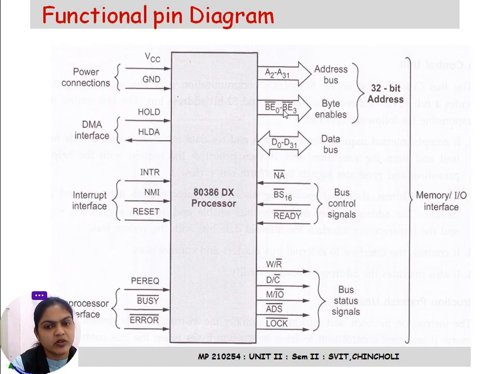Then BE0 to BE3, which is the byte enable. Byte stands for 8 bits. That's why from BE0 to BE3 we have 4 lines, 4 into 8, which is 32. Then the data bus is 32 bits, from 0 to 31. Then all these are some signals which represent input and output, that we will see in the next lecture: what are the actual functions of these input pins and what are the actual functions of the output pins. What happens if we send the low signal